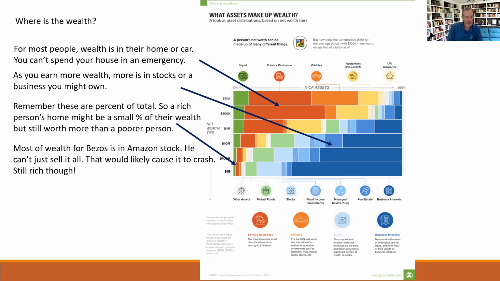Folks like Bezos, he is wealthy, but most of his wealth is in Amazon stock, right? So the stock goes up and he's worth more because he owns a high percentage of it. But he can't just sell it all, right? I have a slide on how much Bezos is worth, and it's a lot. But if he were to sell all of his stock, the stock would probably crash, because Amazon's worth a lot partly because of him. There are a lot of workers involved, but he's part of the reason the stock is worth a lot. He's still rich, though.